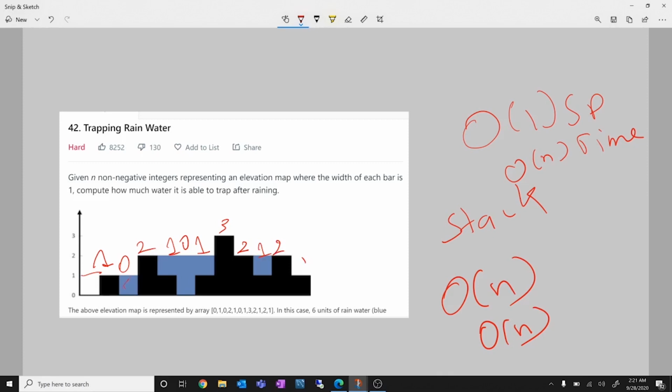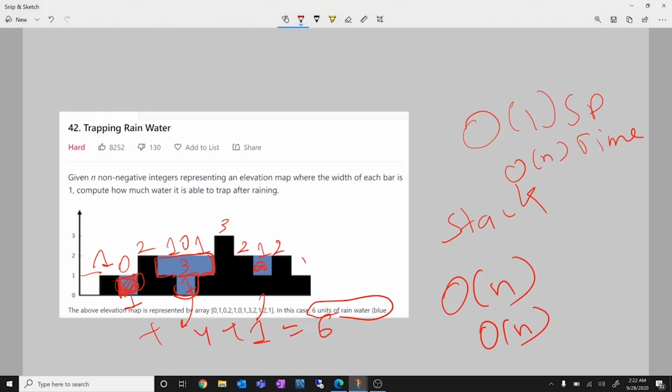So this is the amount of water that could be trapped. How much water is trapped here? You can see that this is a square of each side 1, so this is 1 unit here. Again here I see that this is a square of unit 1. This is a rectangle of 3 cross 1, so 3. So total this is 4, and this is 1 again. So the total is 1 plus 4 plus 1, which is equal to 6. And that is the answer, 6 units of rainwater.